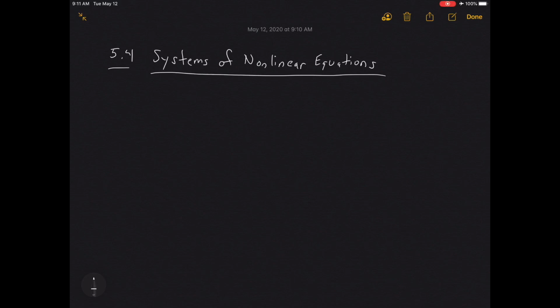Okay, today we're going to talk about section 5.4, which is systems of nonlinear equations. A system of nonlinear equations basically just means that you're going to have two or more equations which are not lines. So let's recap what it was real quick. If we had